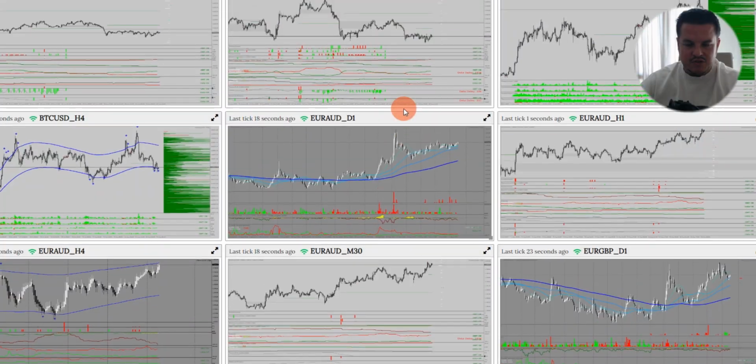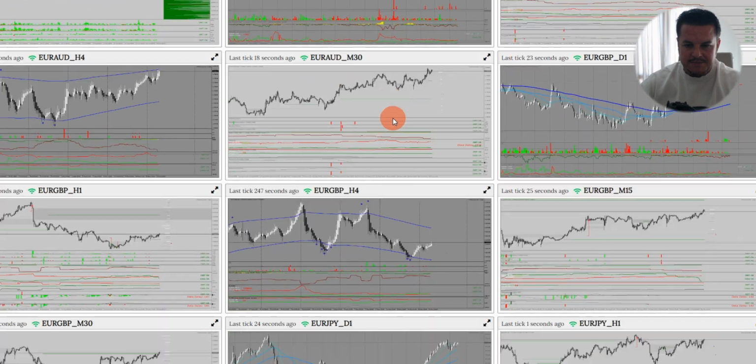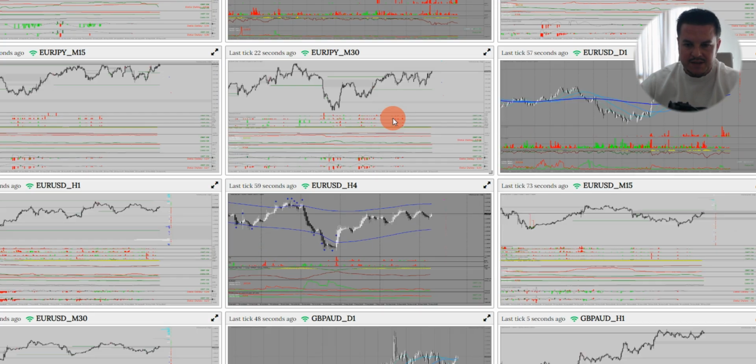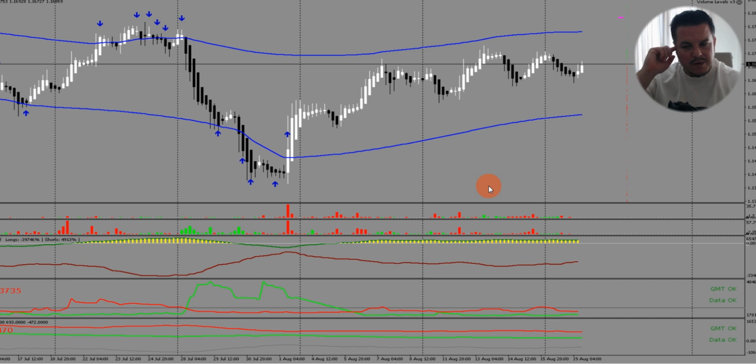And if we go to the higher time frames, after those inner range stop hunts, we see that on the 4-hour we are kind of in the middle of the range. We don't have longies or shorties dominating. It's mixed on money flow, so we have position bars on both sides. So euro dollar overall is quite neutral at the moment, which means that apart from the short-term trade, we don't want to put a position trade in the market right now.